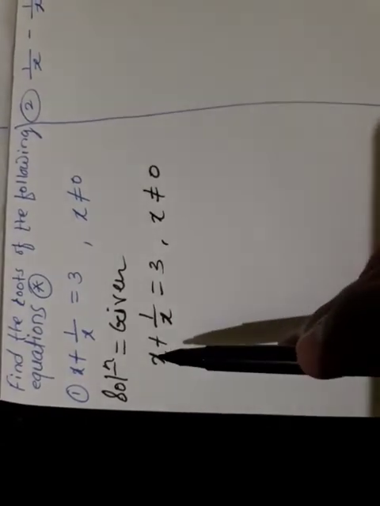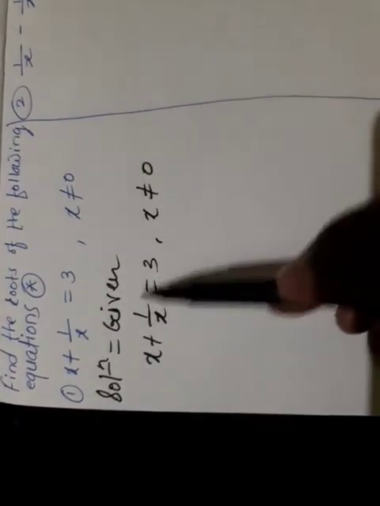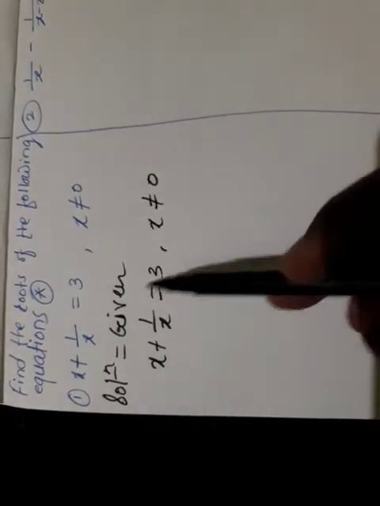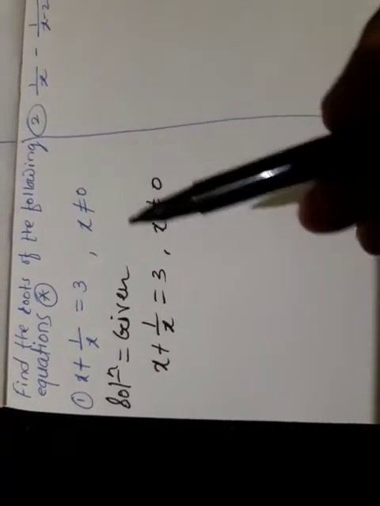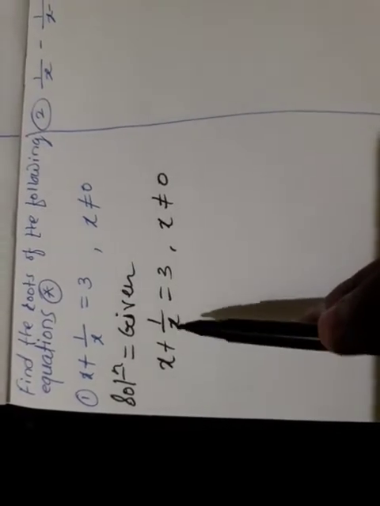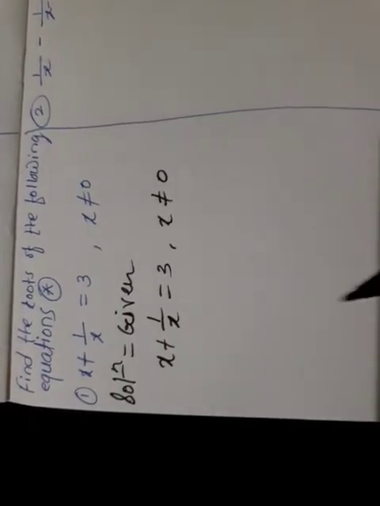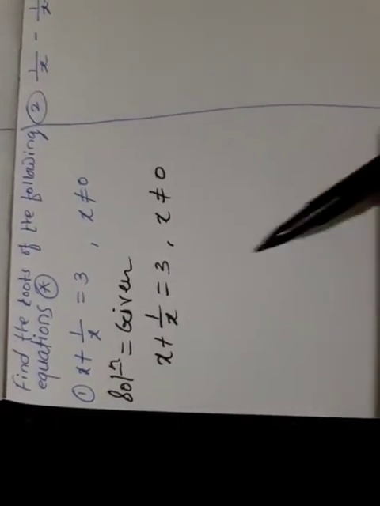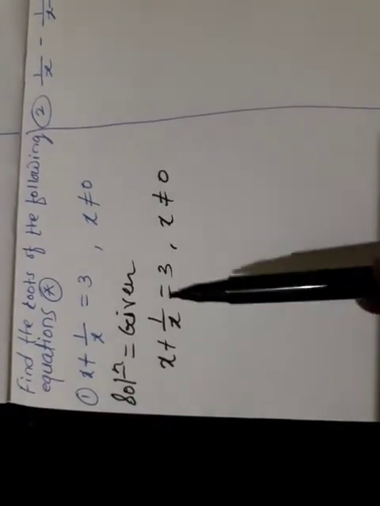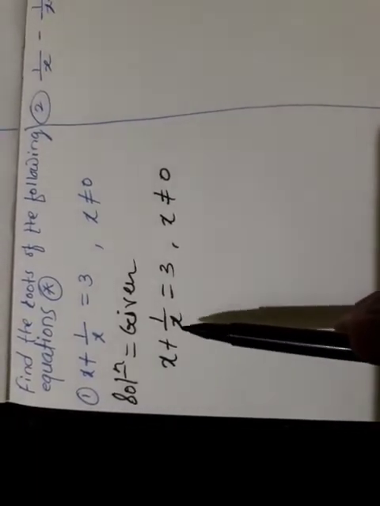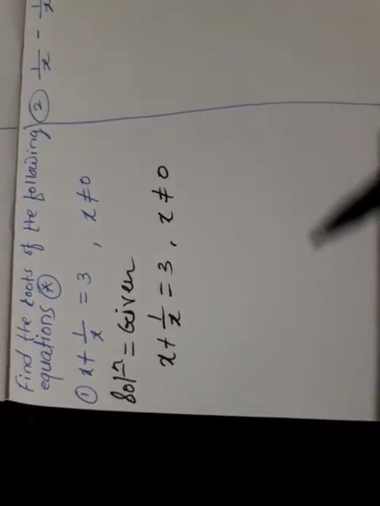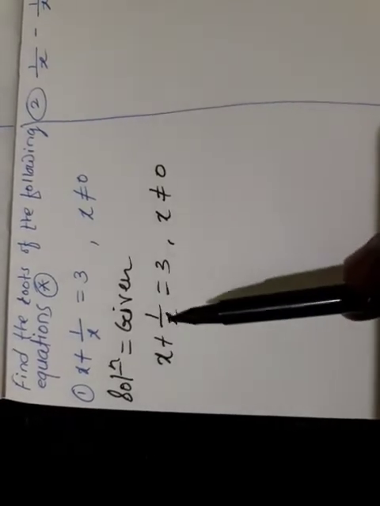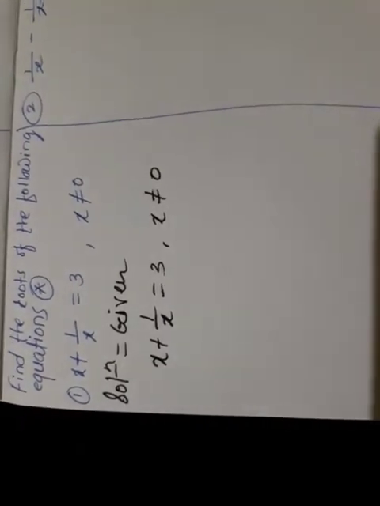Here, what is the denominator? Nothing, that means 1 is there. Here, what is the denominator? x is there. Here, what is the denominator? Nothing, that means 1 is there. So here x is the denominator, which is a little problematic for us to convert this given equation directly into a quadratic equation. Problematic in which sense? The real problem is not there. If we eliminate this x, we will automatically get a quadratic equation. Are you getting it? That is my intention. When we eliminate this x, we will get the given equation in the form of a quadratic equation.